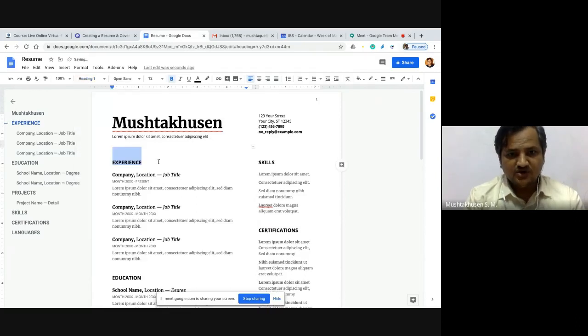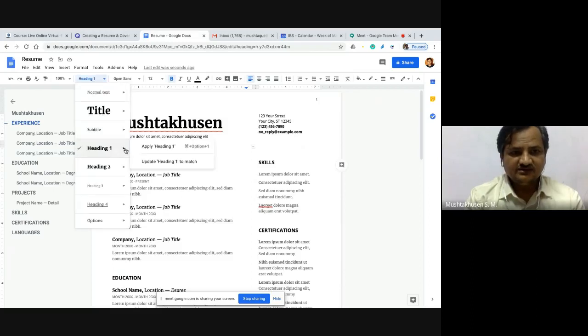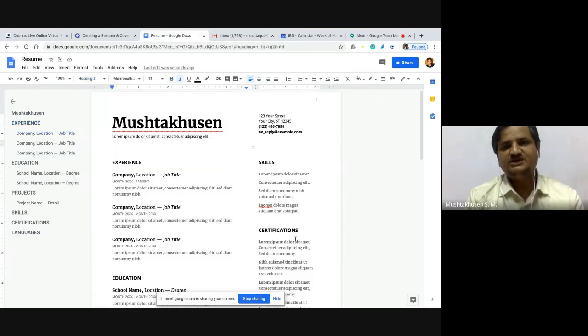So if you click on to this, rest of the headings will be same. You can see now. So for experience, I used 12 font point, and then I changed the text color to black, and then I selected this heading 1. Then I go to this option, update heading to match. This is how we can change it.